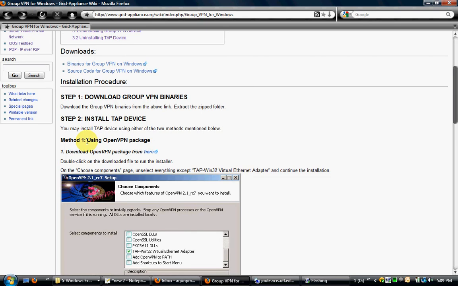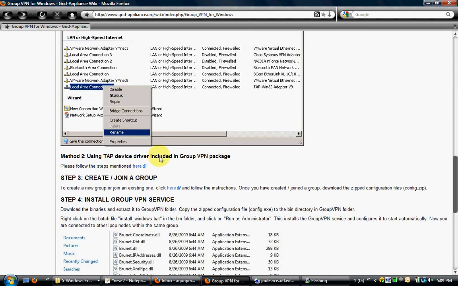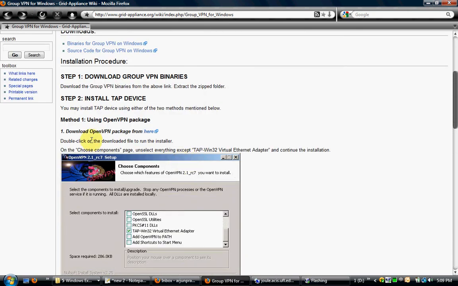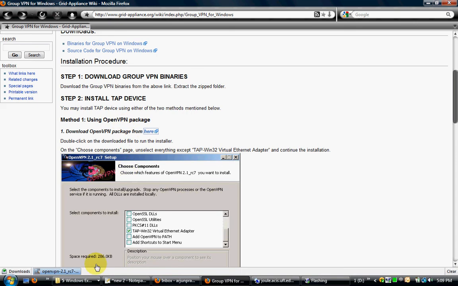The second step is where I install the virtual Ethernet adapter. There are two methods to do this. The first method is where we use the OpenVPN package, and the second method is by using the drivers which are already included in the group VPN package. On my local computer, I'll use method 1, and on the other computer, I'll use method 2. For method 1, you need to click on the link provided here, save the OpenVPN package,